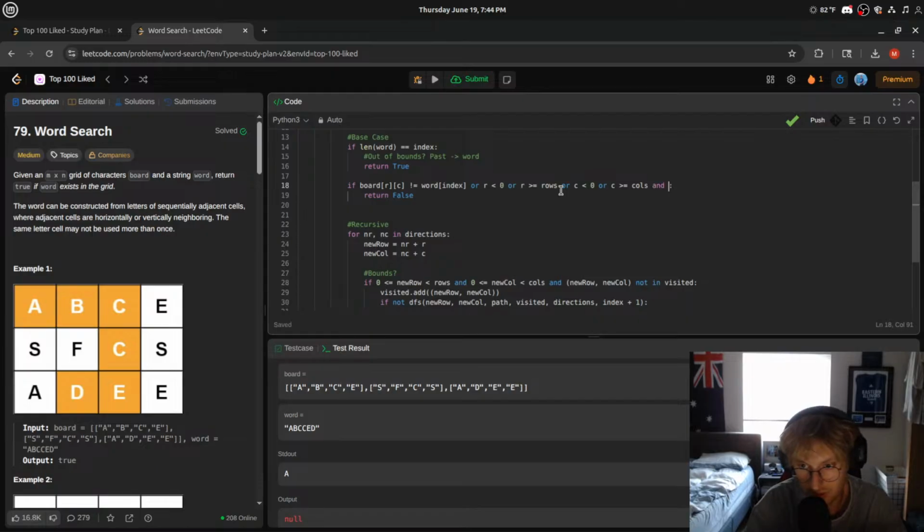I think we also have to check the visited here, so we would have to go, well, and